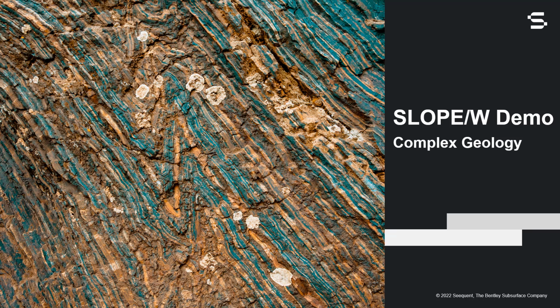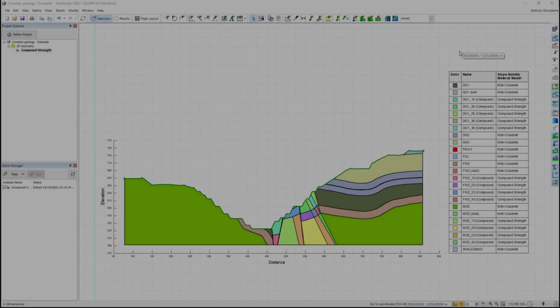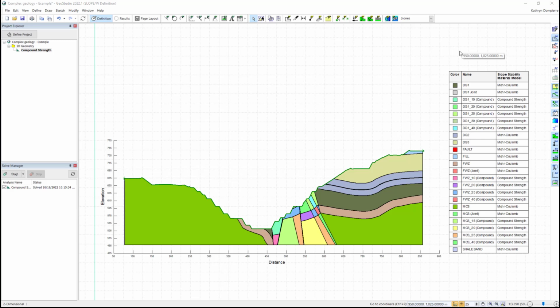But reality is rarely this simple. Let us take a quick look at a more complex example where the compound strength model is used again. Back in GeoStudio, I have set up a Slope W analysis with a rather complex geometry where the geology features